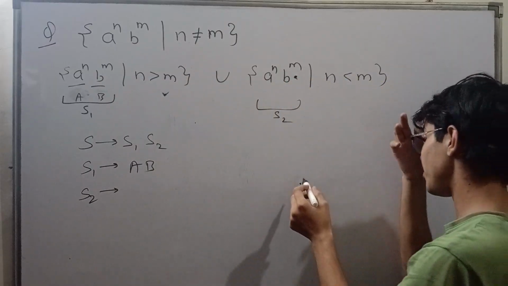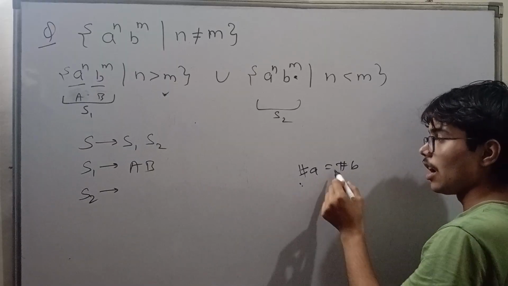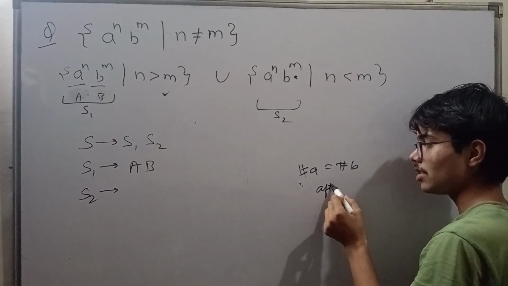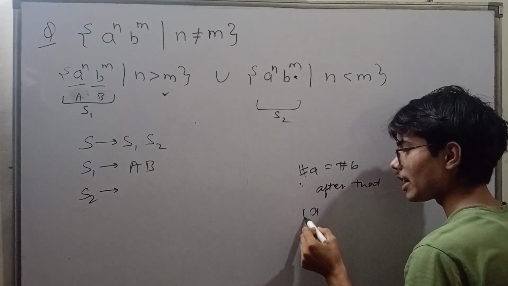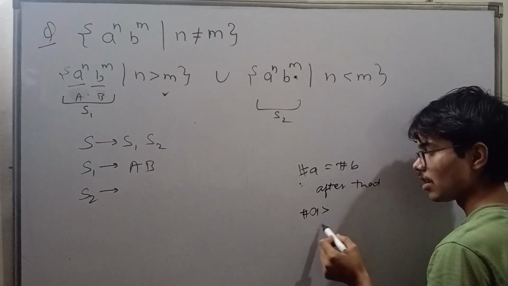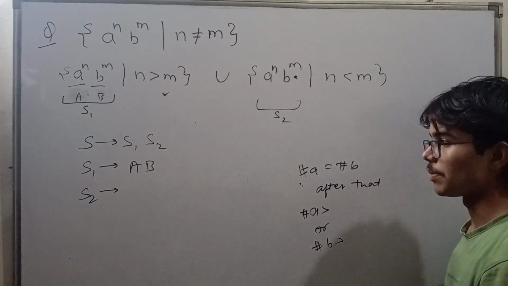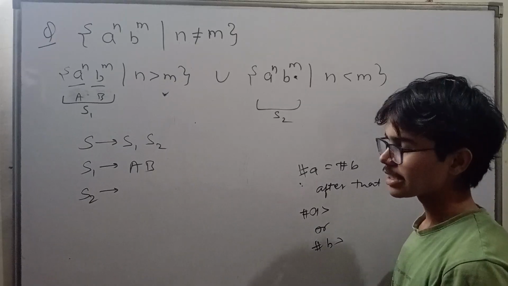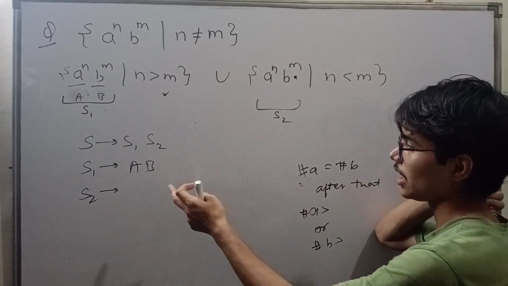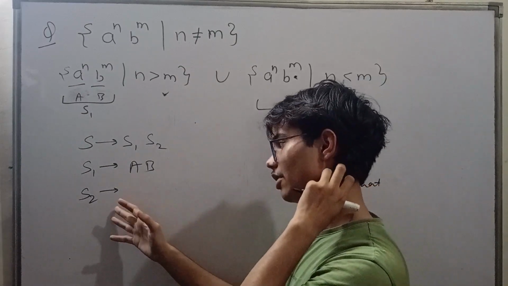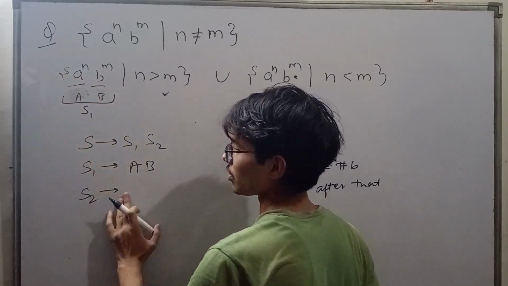Okay, but there is a point where the number of a's and number of b's must be greater. After that, either the number of a's is greater or the number of b's is greater. This is the height. Okay, so there is a case. Firstly, a and b must be there. First of all, I generate this one language firstly.